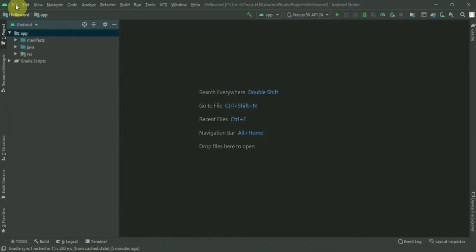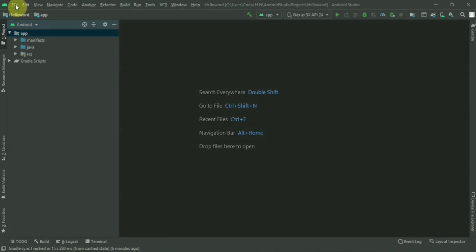To start with our first project, our application, we have to install Android Studio in our machine. Here I have already installed Android Studio in my machine. If you are installed, that's fine. If you are not yet installed or downloaded, first download the Android Studio into your machine from the website that I have dropped the link in the description below, and then you can install step by step. The version that I am using is Android Studio 4.0.1.